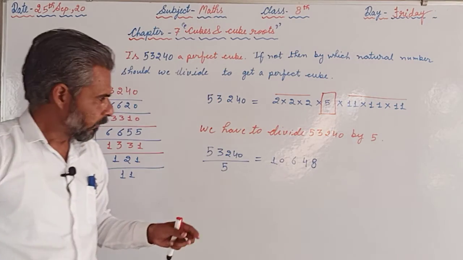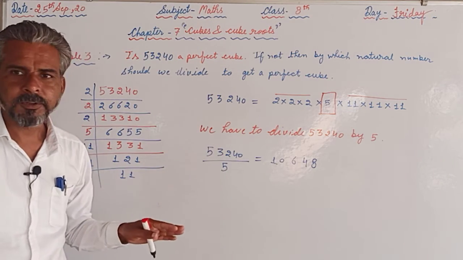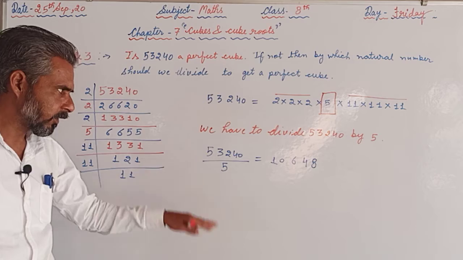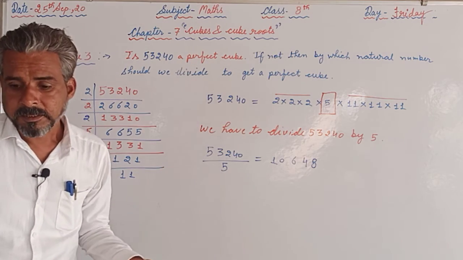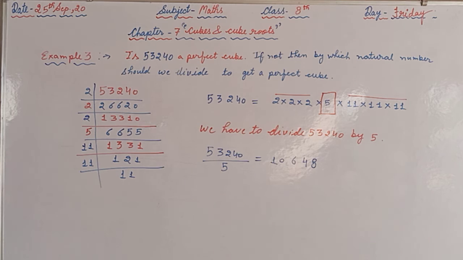So we will get the number 10,648, and if we find the prime factorization of 10,648, we will find the triplets of 2 and triplets of 11, and if the triplets are complete, then we can say the number